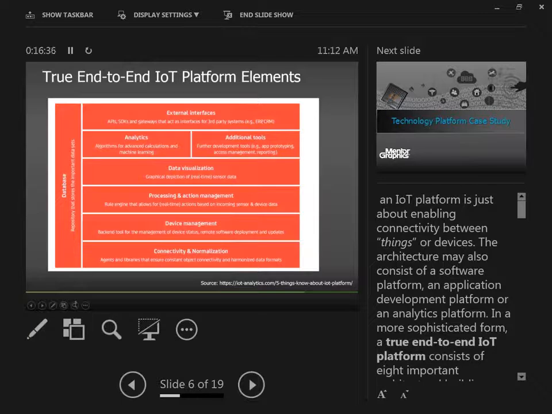Processing and action management brings data to life with rule-based event action triggers, enabling execution of smart actions based on specific sensor data. For example, a big example of that would be the if this then that environment. You probably heard about this, where you go in and you start defining rules such as, if it rains, I don't want to turn my irrigation sensor on. If the weather is hot, is cold, I don't want to turn my AC on. So basically putting rules that control your devices. And these rules are based on events that you can automatically collect into the cloud and actions that you can automatically take from the cloud.